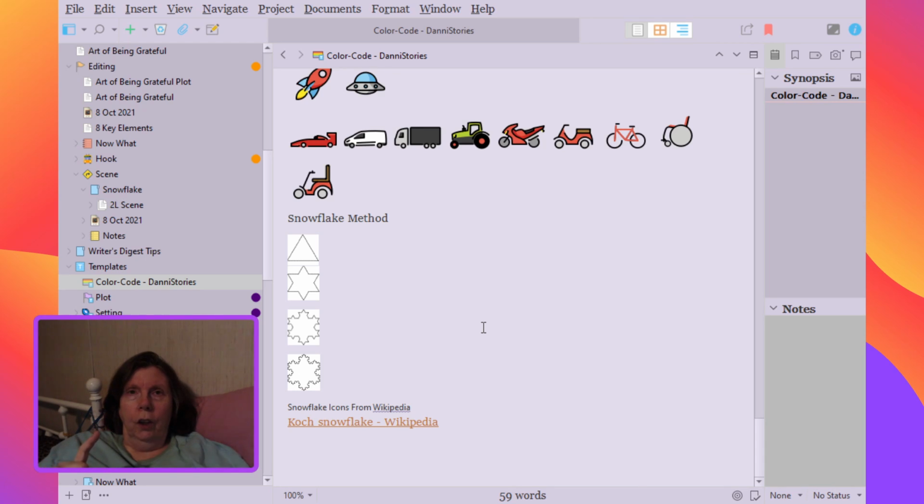Then you can look and figure out piece by piece, okay, is my plot good? Are there plot holes? Or are there gaps or things I need to fill in? Is the pace not quick enough? Is the pace too quick? So you've got to look and figure out,